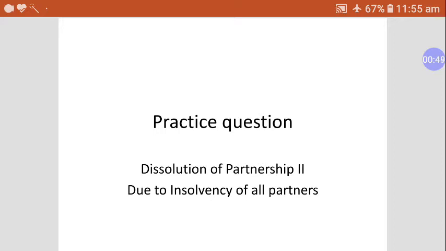Okay. So first of all, I would like to tell you about the first method. In this first method, definitely we will make a realization account in the same manner. And in this realization account, we will not transfer our external liabilities, because we are not going to pay external liabilities through the realization account. We will make a separate account for them, and we will make the payment in that particular account. Okay.